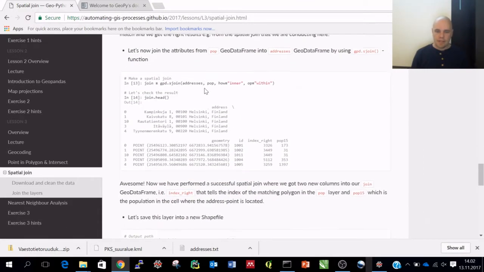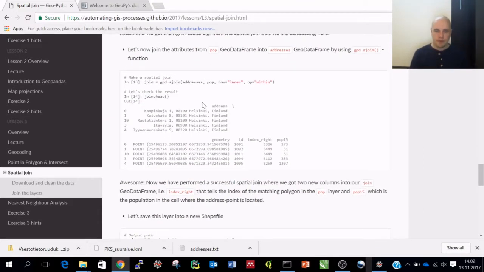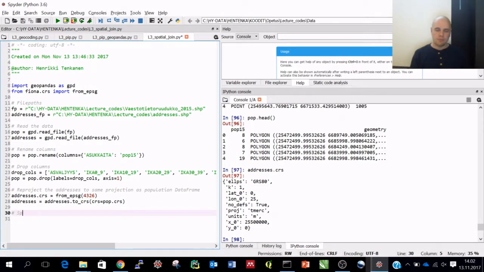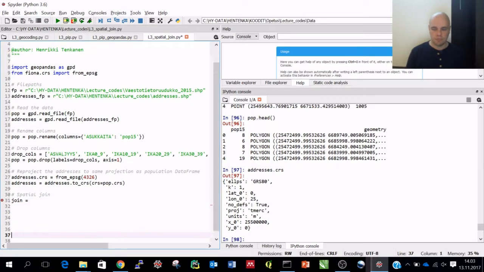So let's see how we can do that. So what we want to do is indeed to make a spatial join, and we want to join to these addresses information from the population. So take the information from that polygon where the point is located and take that information back to the point attribute table or the geodata frame. So how can we do that? Let's create a new attribute called join,